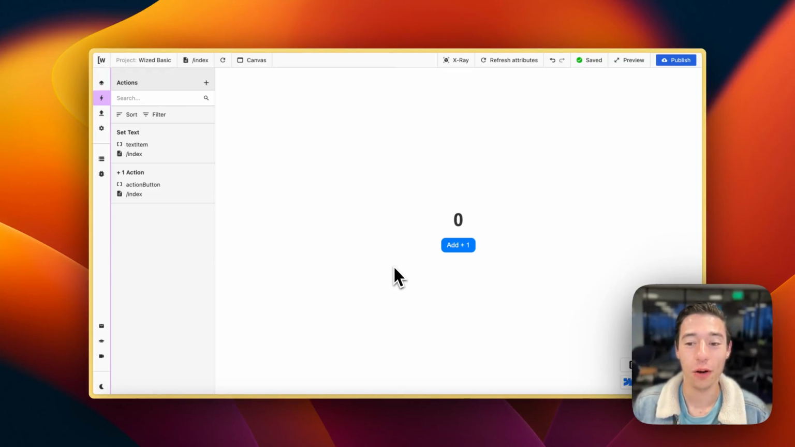Hi, today I want to walk you through the basics of working with Wized. What is Wized? How does Wized work? And what can I build with Wized, and how do I use Wized in my Webflow project? So the first thing you need to know is Wized is a logic layer that you put on top of